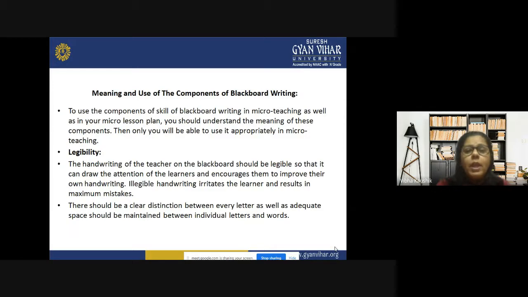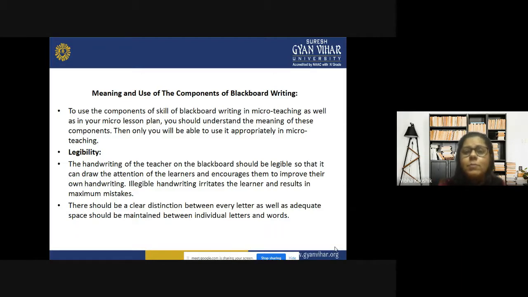Now, meaning and use of the components of blackboard writing. What is the meaning of the components of blackboard writing, what are the uses of these components, and why is knowledge of the components of blackboard writing very essential for a teacher, to use the skill of blackboard writing in micro teaching as well as in your micro lesson